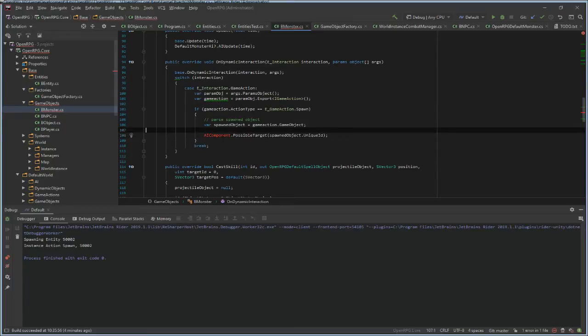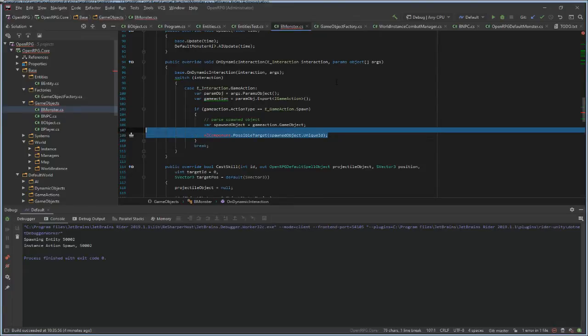Tell this AI component if it's an aggressive monster, it can be searching for nearby targets. We just feed it more information that this target just spawned near us. We can possibly attack it. Then it starts doing AI calculations.